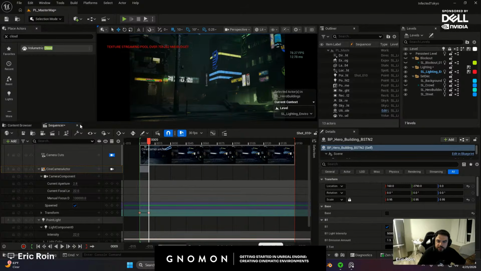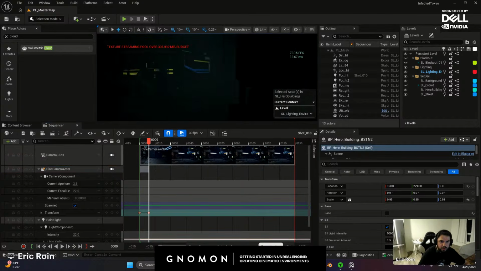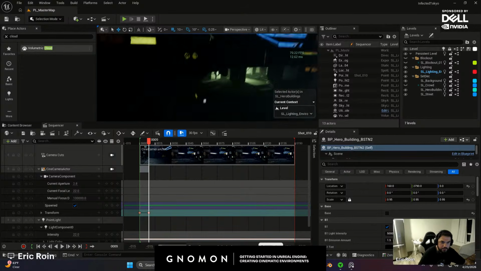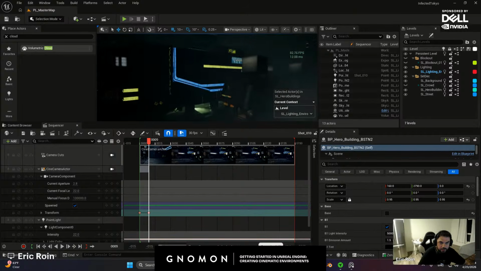All right, let's start adding some zombies and characters. I think that'll be just fun for you guys to check out. And then we can go back to lighting. But I do like how it feels already, especially how it reacts to the fog. Hopefully, you guys will be able to pick up some tricks.